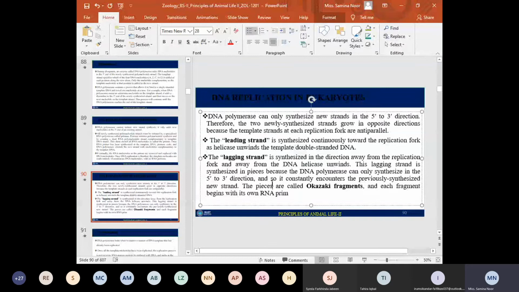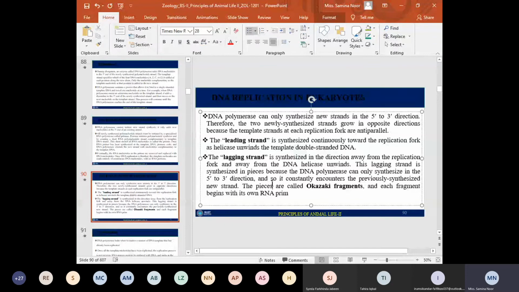So the function of the DNA polymerase is the addition of new nucleotides to the already existing template strand, and the feature of the DNA polymerase is that it always adds nucleotides to an already existing polynucleotide chain. This polynucleotide chain is formed by an enzyme known as primase, and primase forms a short polynucleotide chain which is known as a primer. In case of the eukaryotes, this primer consists of about 10 nucleotides, and then two strands are formed. One is known as the leading strand, another is known as the lagging strand.